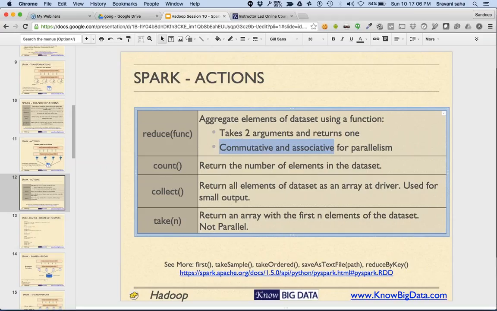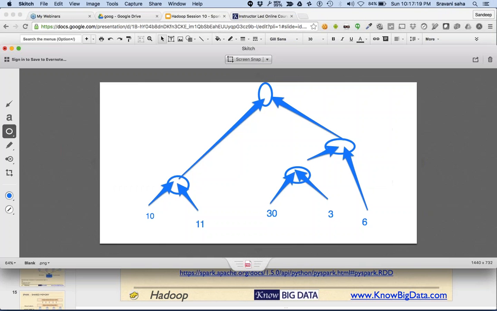For example, max, min, and summation are good, but average is not a good reduce function. You can see it by yourself. Try to compute the average of these 5 values. What will the value be? Anyone?